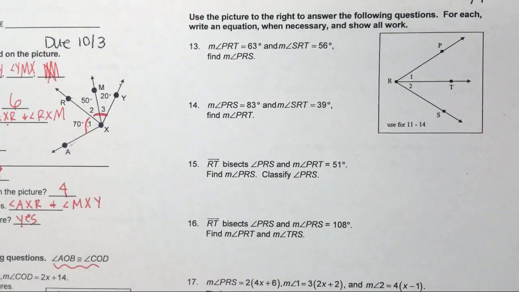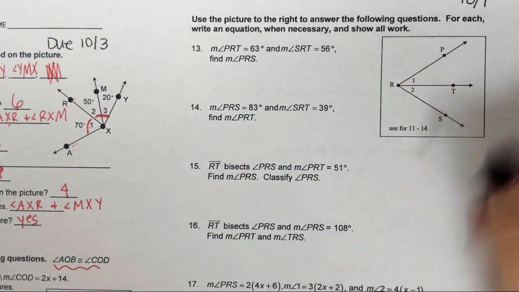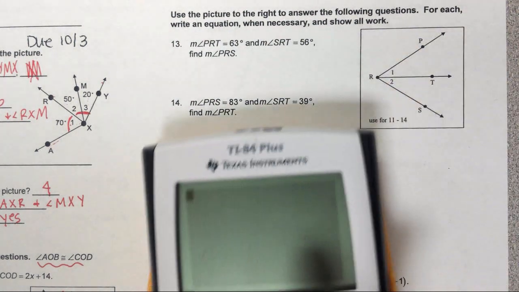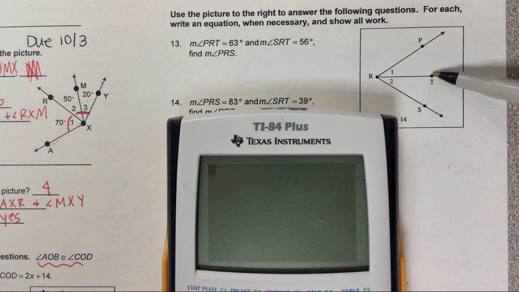How exciting. Okay. For this one, I'm using this same picture for all of them, so I'm not going to write on them. We're just going to kind of go along. If you have questions, though, please tell me something. So for this one, first one, if PRT, so P to R to T is 63,